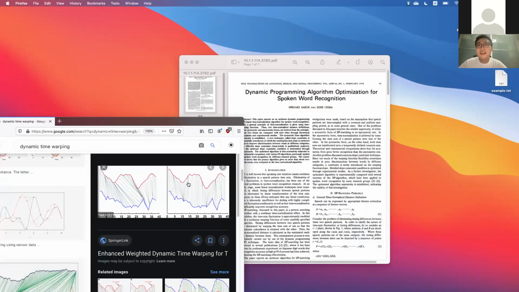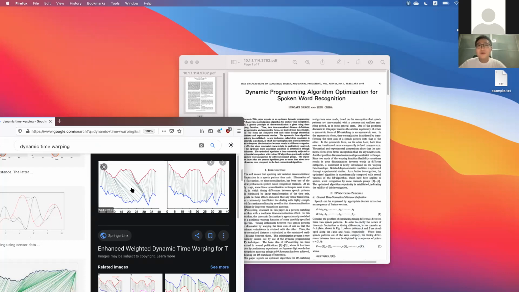So an example of dynamic time warping is that you can look at these two curves, these two waves. Let's assume that these waves are of someone speaking, and so it's the same word, but people speak the word differently, but then they still have features in common. So what we do is we try to find a mapping between these features